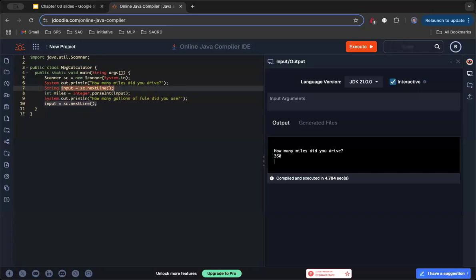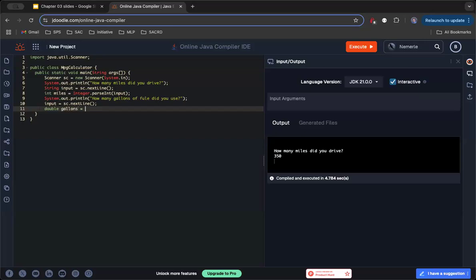And then I hit Control C and then came down here and put Control V just to copy it. That just saves me a little bit of typing. Cut and paste is fine here if you want to use that. Just be careful that you are cutting and pasting the right things. So now I have input. I want this to be a double value. So I'm going to do double